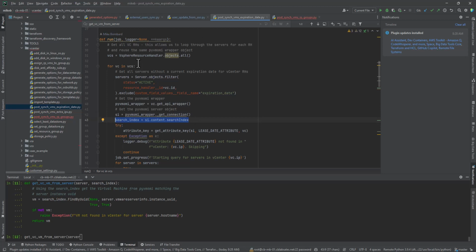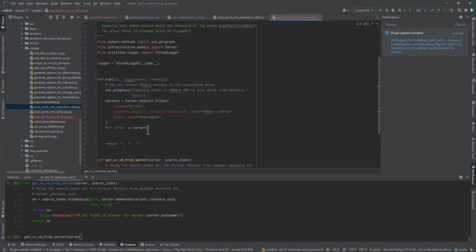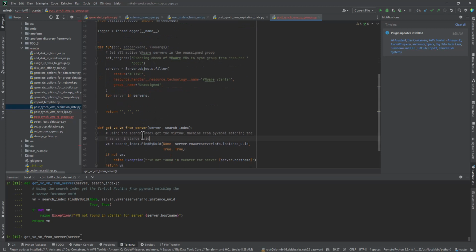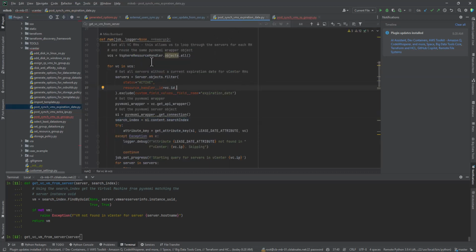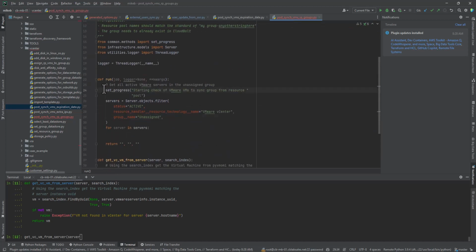Whereas in the way that I'm approaching it right now, I will get all of my servers, but for each server, I'm going to have to go back, find the corresponding resource handler, go back, get the search index for it, and then search for the server. So that's not really an efficient way to code this. And I'm thanking my past self for recognizing that. So we're going to handle this a little bit differently. We're going to, my run method,